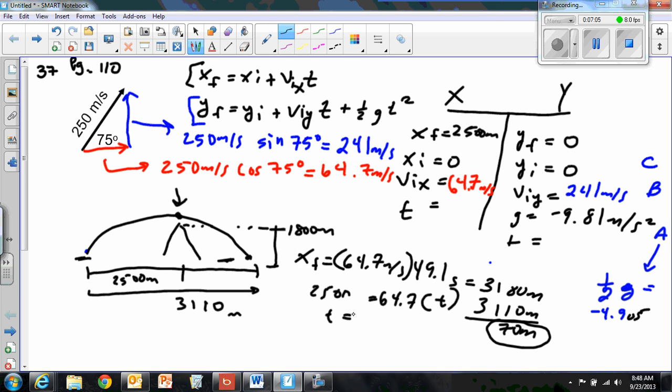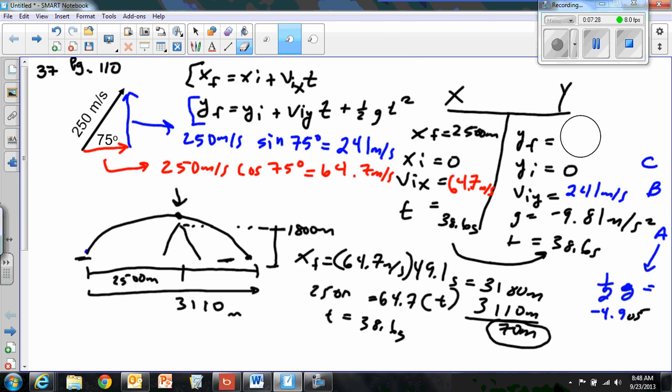So I divide those two and I get time equal to 2,500 divided by 64.7. I think I get 38.6 seconds. So if this is 38.6 seconds, that means this is 38.6 seconds. And now, I'm looking for this actually, so I'm not using the quadratic equation anymore. There we go. I'm actually going to use